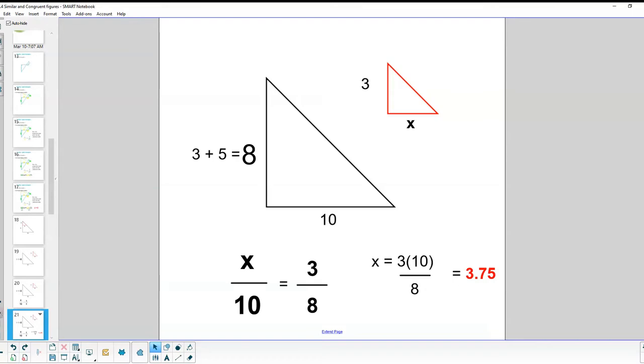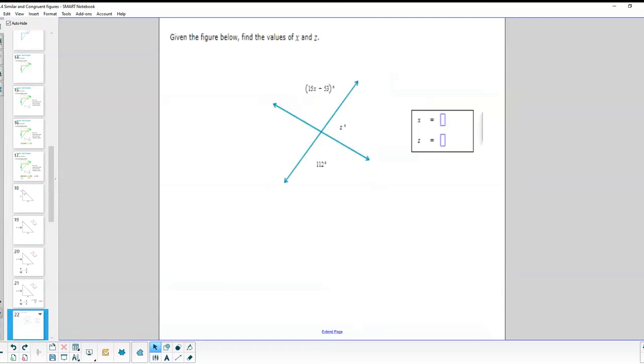And sometimes you do get a decimal, even though we've avoided that quite a bit this year. You will get into decimals, so don't be afraid of that. Okay, the last kind of problem we wanted to mention, well, there's actually 2 more. There's one that looks like this. This is another one of those